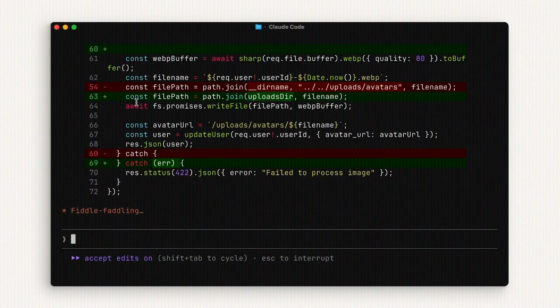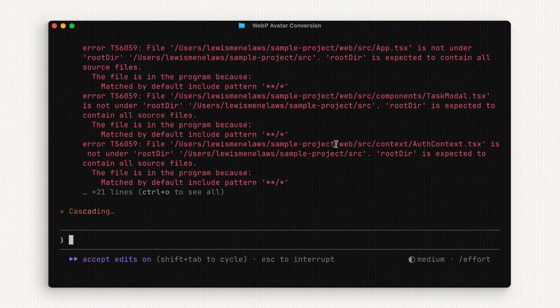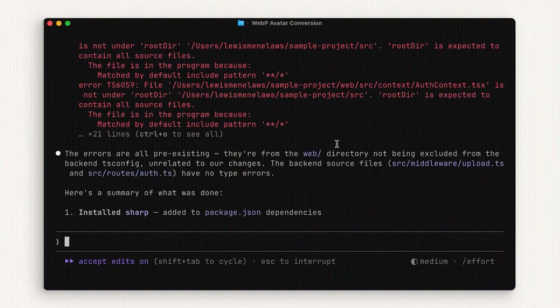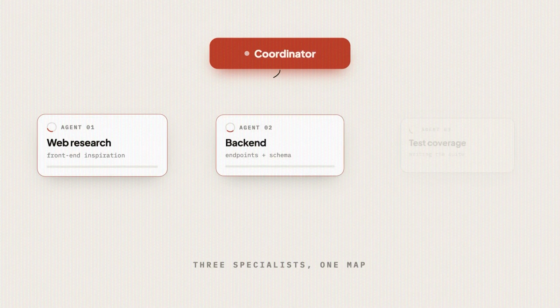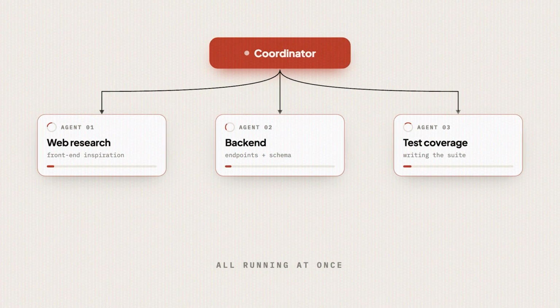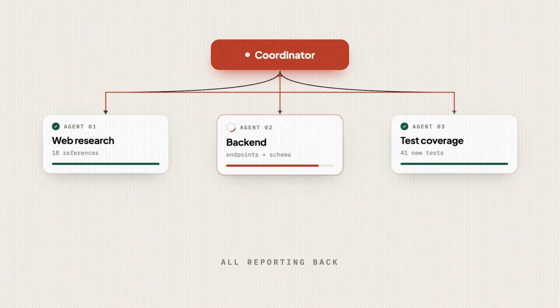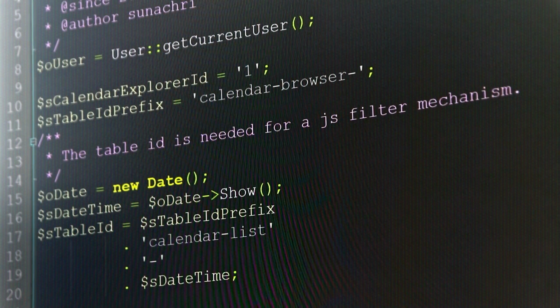And if you've ever told Claude Code to spin up sub agents in parallel, basically you've already built one, right? In fact, most coding agents honestly already do it in the background on their own a lot of the time. So for example, you want to ask it to build something, right? Maybe one is already searching for front-end inspirations, one is implementing some back-end fixes, one is writing the test coverages, all running at once, all reporting back, multiple nodes, multiple dependencies, and that's the graph. It's not more complicated than that.